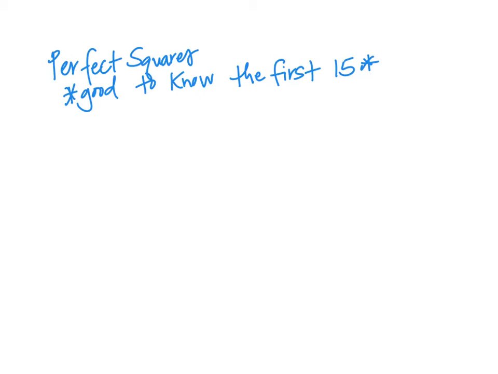Before we can start simplifying radicals, we need to identify some of the perfect squares. It's good for you to know the first 15 by heart. So let's go ahead and identify them. 1 squared gives us 1, 2 squared gives us 4, 3 squared gives us 9, 4 squared gives us